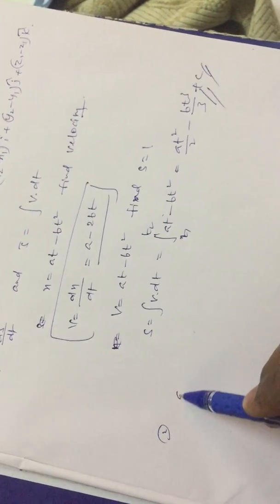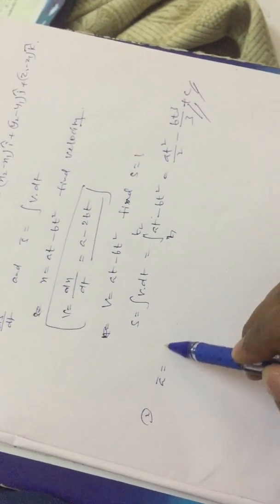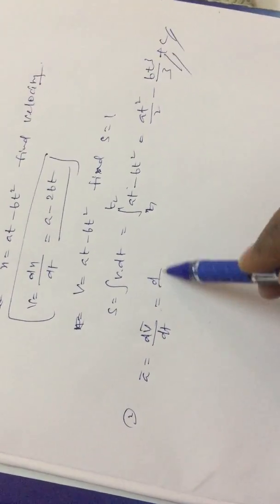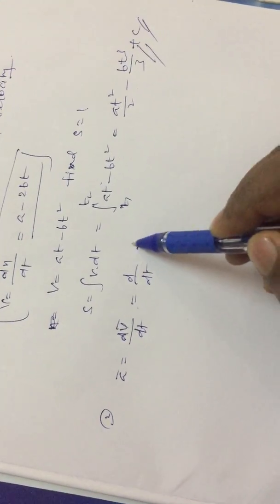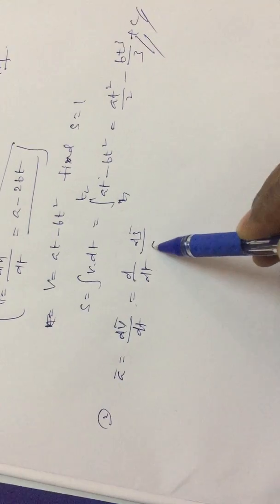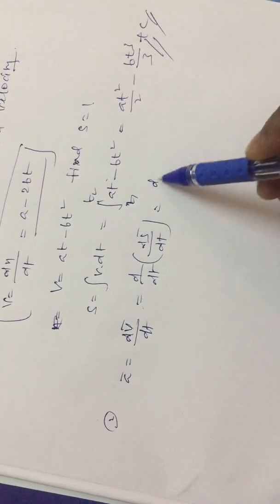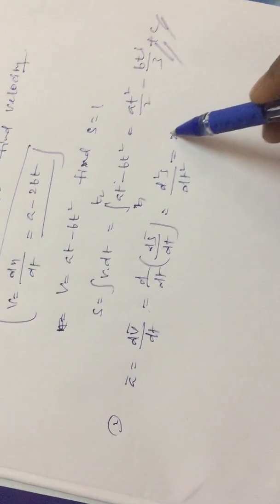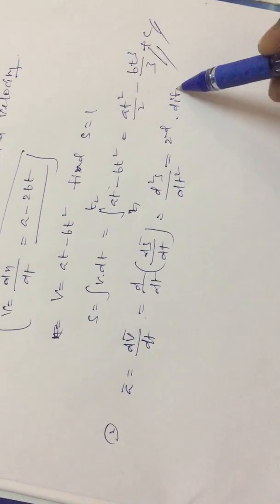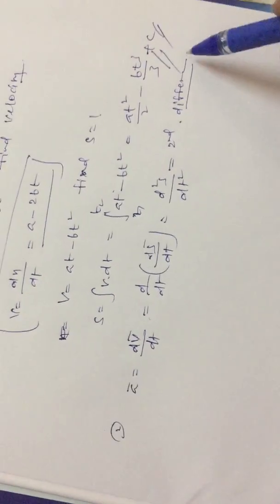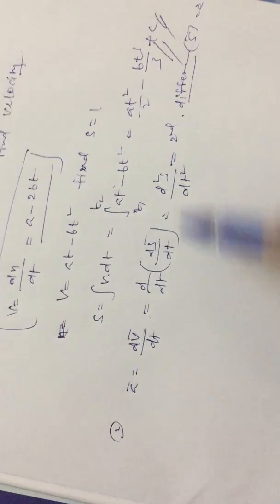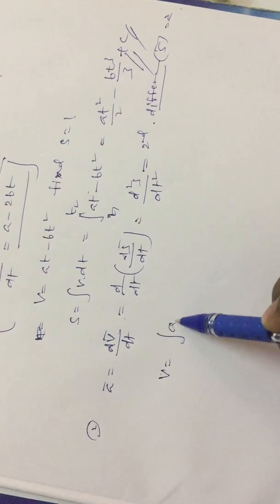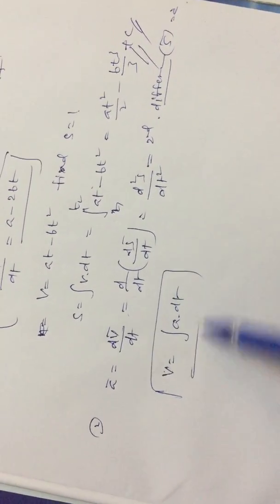And the second one, acceleration equals the rate of change of velocity with respect to time. This we write as d by dt of velocity, where velocity we already know is ds by dt. So finally we write d square s by dt square, which is nothing but the second differentiation of the displacement, called acceleration,